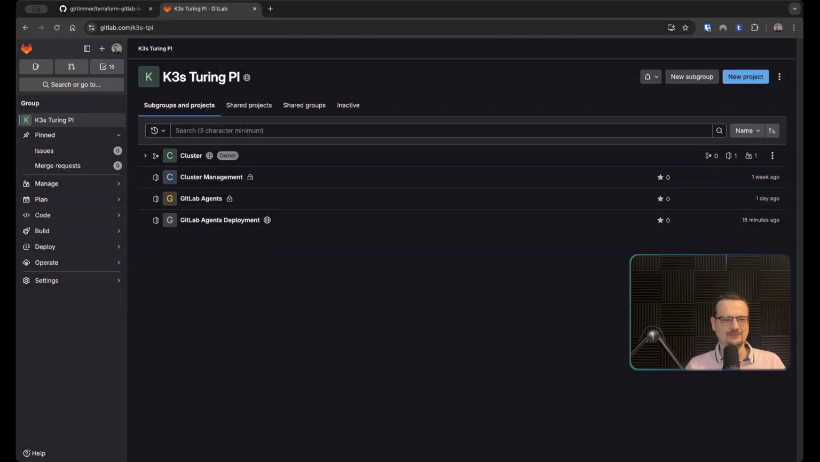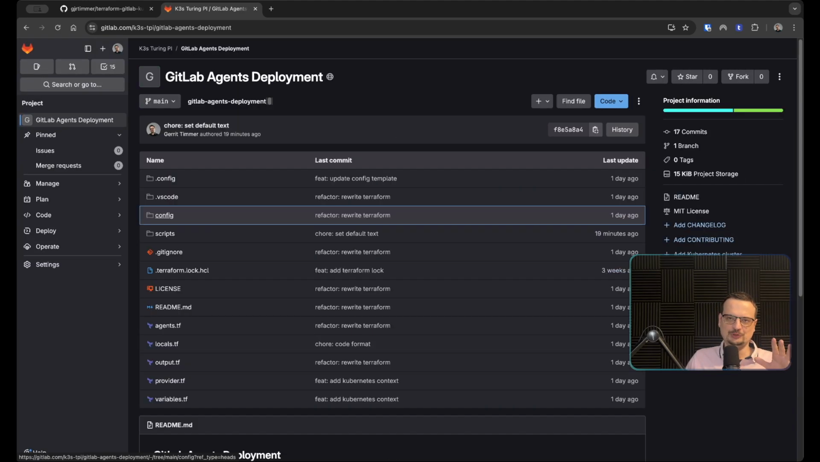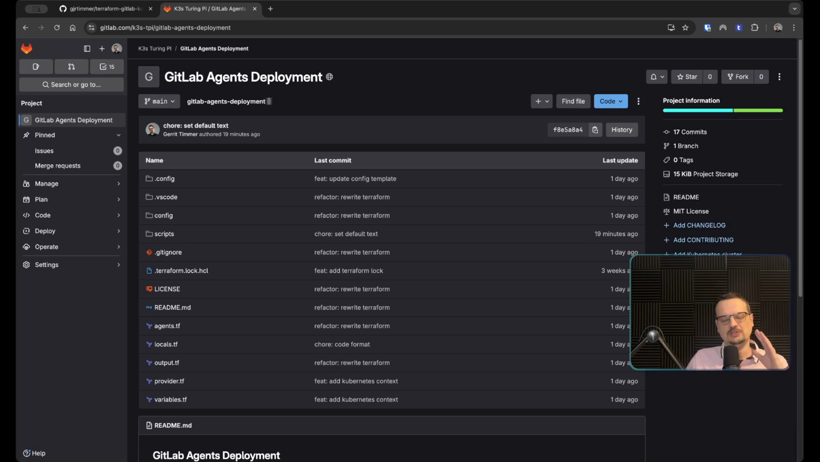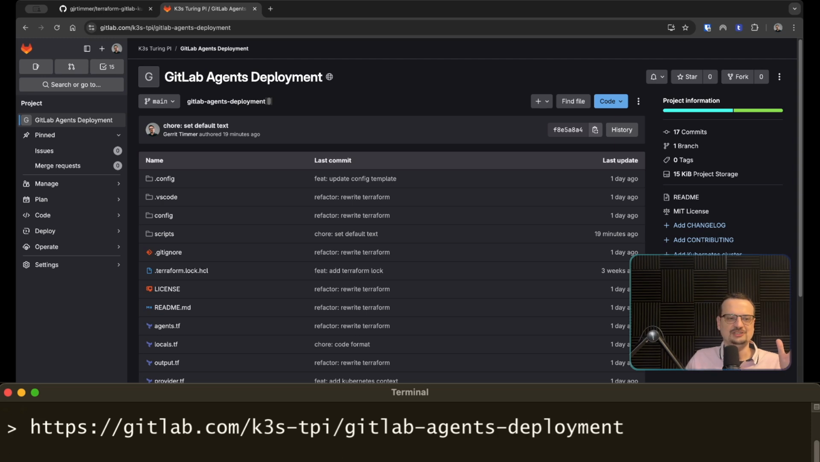So first we're gonna jump to our browser. So I already set most of it up, but don't worry, you can follow along. So here we have our GitLab agent deployment. And this is the repository that contains our infrastructure code. This is fully open. You can access it, and you can access it at gitlab.com/k3s-tpi/gitlab-agents